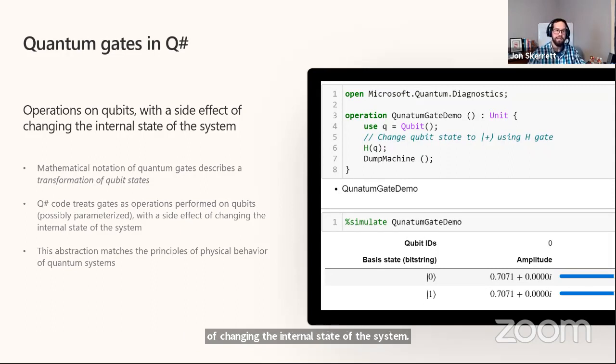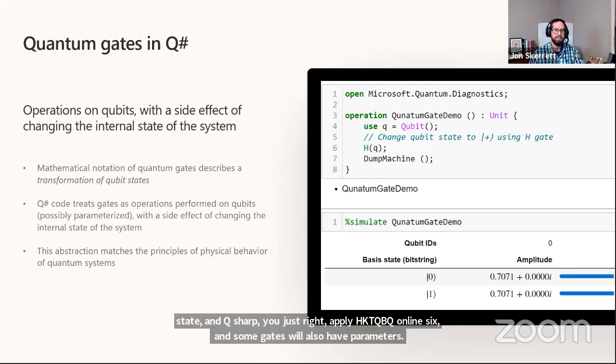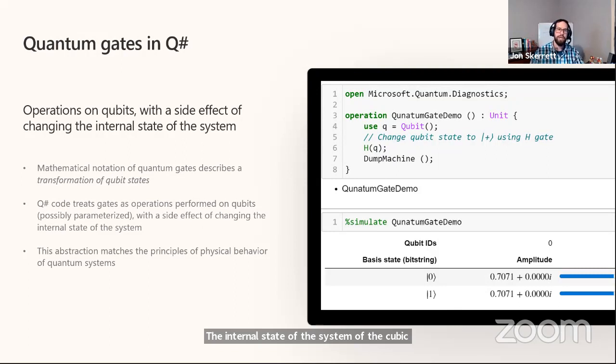If you apply a gate to a qubit, it will not give you the output. It will not give you the state of the qubit after the gate, like this shows you. If you want a mathematical representation, you write Hadamard Gate multiplied by the 0 state equals this new state. In Q#, you just write apply H gate to qubit Q on line 6, and some gates will also have parameters. The internal state of the qubit Q that we allocated here will change from 0 to plus, but that's not really represented in the code. It's something that we're going to observe based upon the dump machine output.